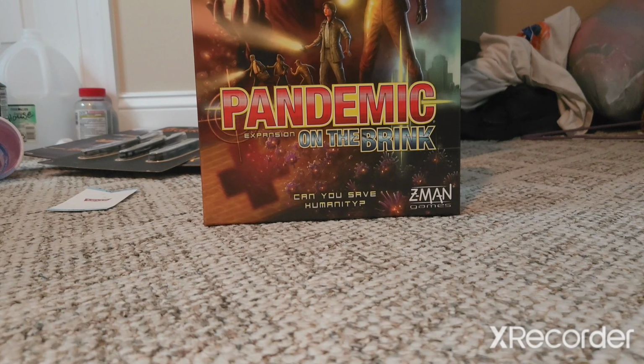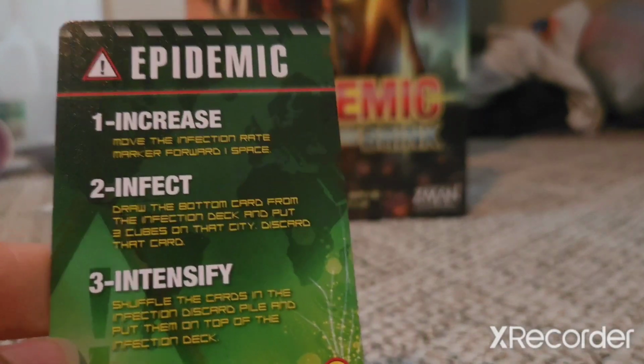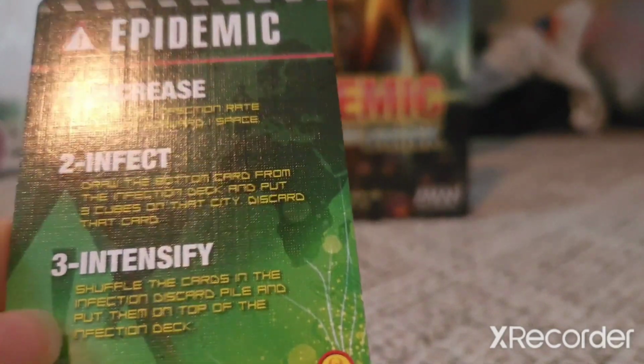So if you want an extra player, if you want that extra thought process or that extra person with a different thinking perspective or a strategy, then you're going to want to get On the Brink to play alongside your Pandemic experience. At the same time that is going to be happening with an additional 5th player, also comes another Epidemic card. Now, it is still just a standard Epidemic card, but one thing that you're going to want to